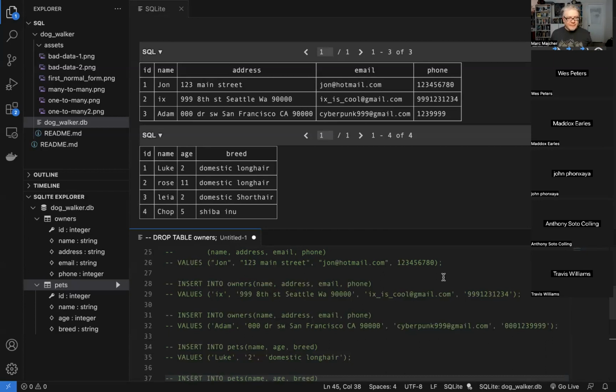So in the lessons on Canvas, they were using integer and text. Is there a big difference between the text and string? There is a difference, but not a big one. Again, every database does it a little bit different. There's text, there's string, there's varchar, there's long or extended text. I think in SQLite, and I have to look this up to be sure, strings are up to like 256 characters, whereas text can be up to like 1K, I think. They usually have to do with the amount of text in there.